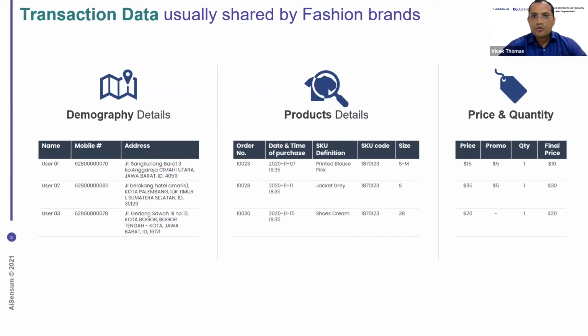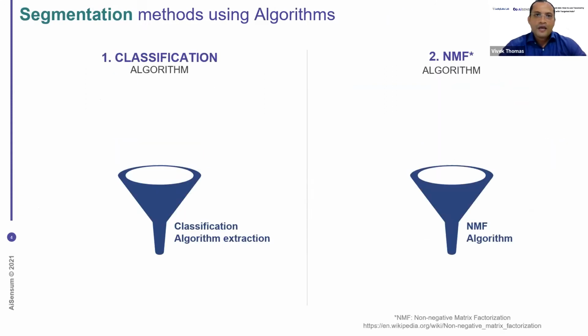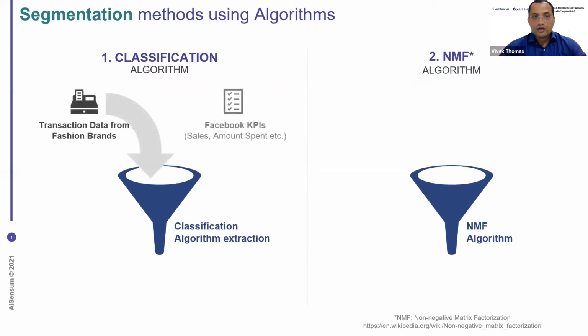Now, what do we do with this? Okay, so if you have the demographic information plus the product information along with the pricing, there are some things that you can do to help with your marketing efforts. So let me take you through that. Now, what is it that we do? You can take this information and run it through a classification algorithm, right. You can take your transaction data and merge it with your marketing input.